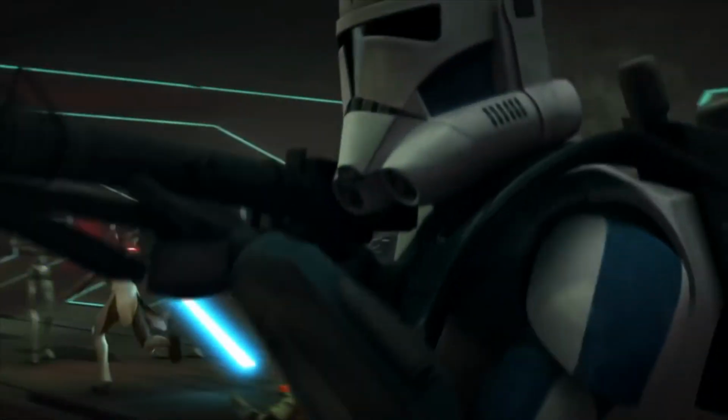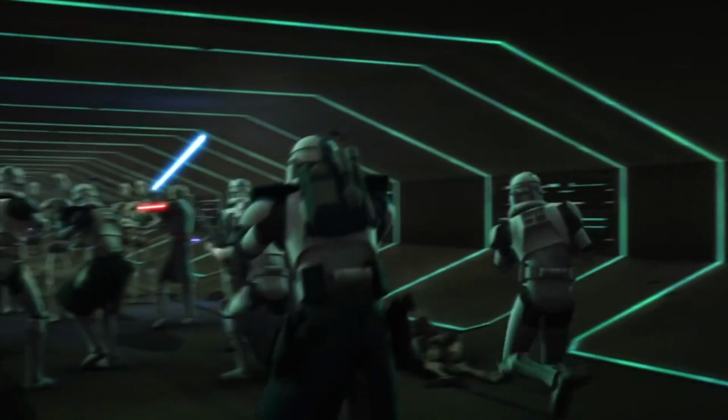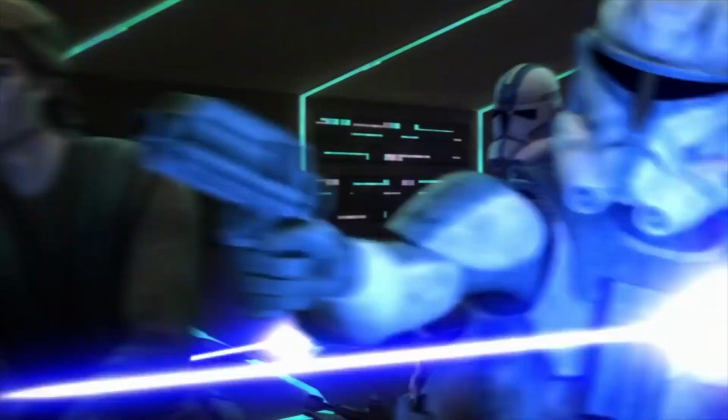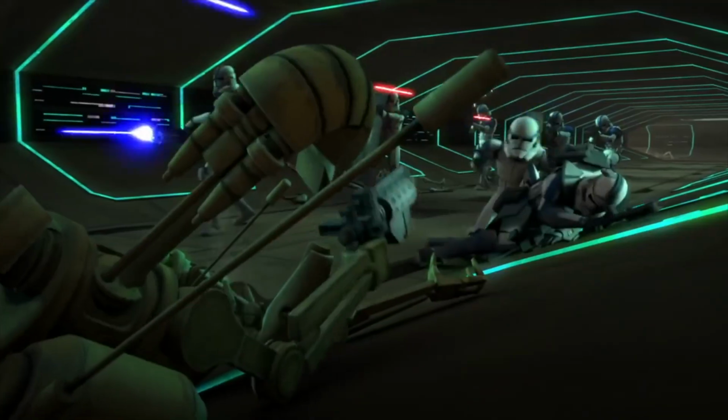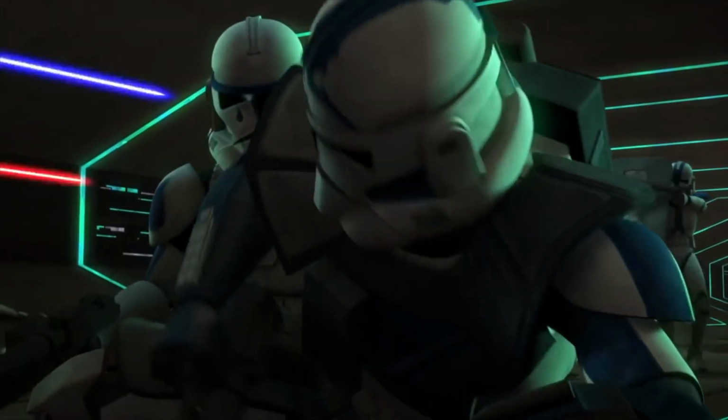The Republic realized that to beat the Confederacy of Independent Systems on the battlefields of the galaxy, they needed highly specialized soldiers, things like snipers and commanders and logistic units and pilots and all kinds of different roles to be filled by a variety of different clone troopers trained in different specialties. And to facilitate these different specialties, they needed to be able to use a variety of different equipment. And to facilitate that, they needed a more versatile armor set. An armor set that, by the way, drew on the lessons learned from the first armor set and was more